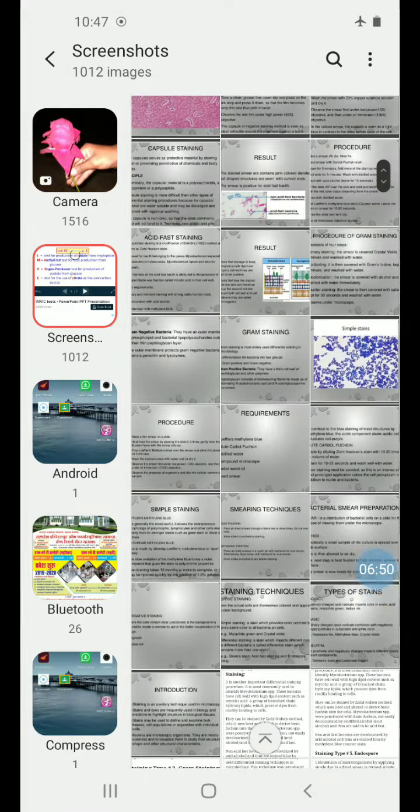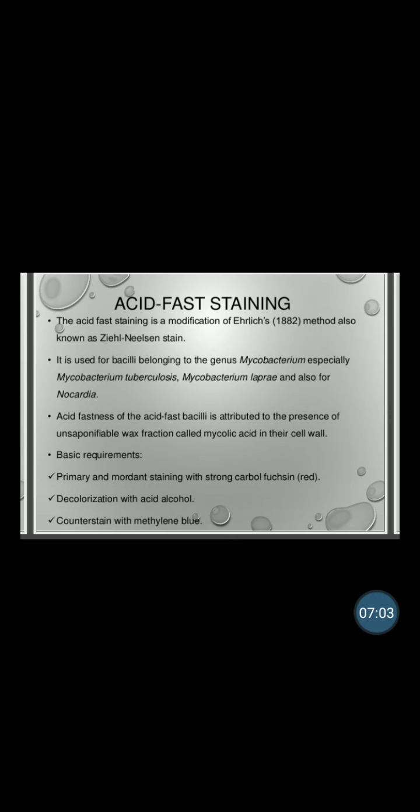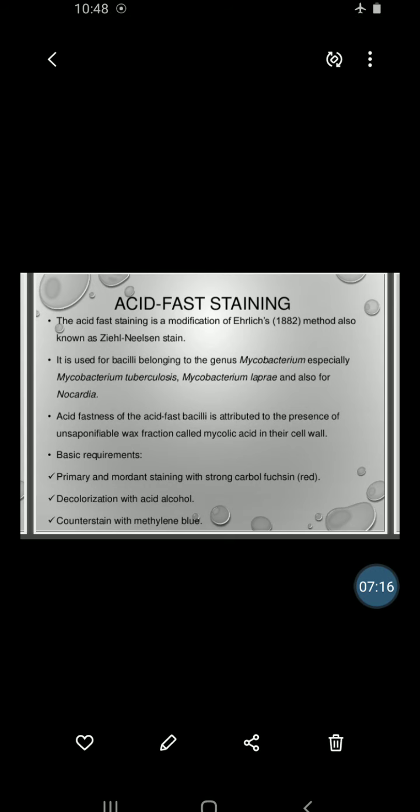Yes, acid fast staining is a modification of Ehrlich's method in 1882. This method is also known as Ziehl-Neelsen stain or Ziehl-Neelsen staining. Keep in mind, this acid fast staining is also called Ziehl-Neelsen stain. It is used for bacilli belonging to the genus Mycobacterium, especially for Mycobacterium tuberculosis, then Mycobacterium leprae,